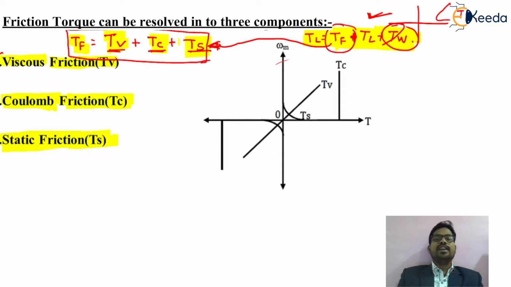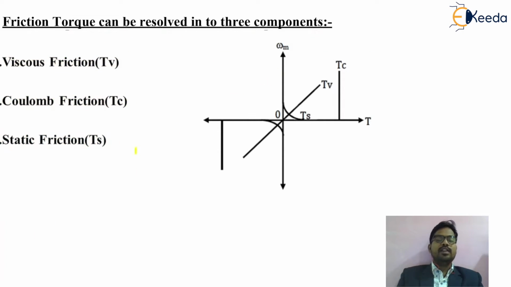So guys, after understanding this concept, we can now see what we mean by the friction torque. We have the value of the friction torque. As shown in this figure, which indicates the different types of friction torque, there are three different types of torque. The first is the torque shown by TV. This is called the viscous friction torque. This is the torque called TV.